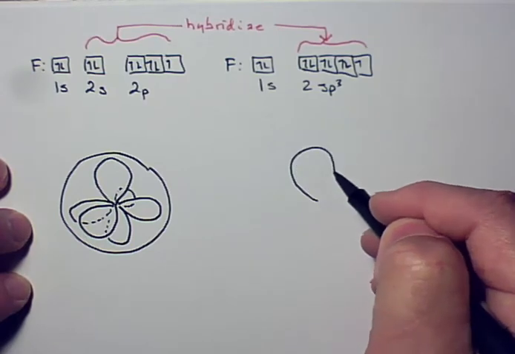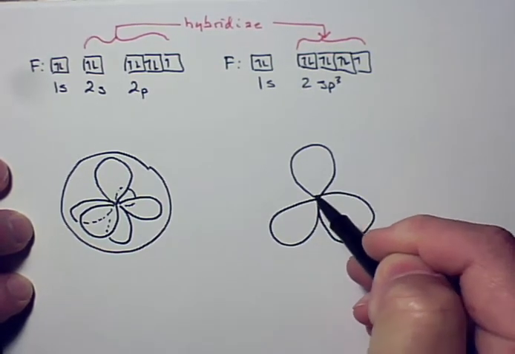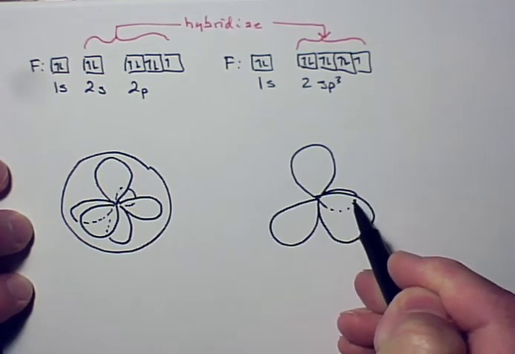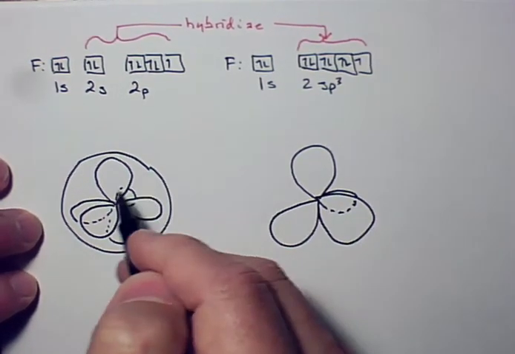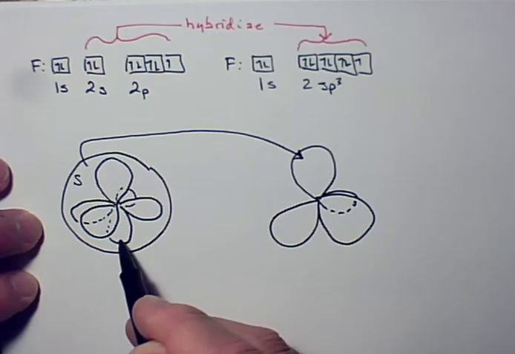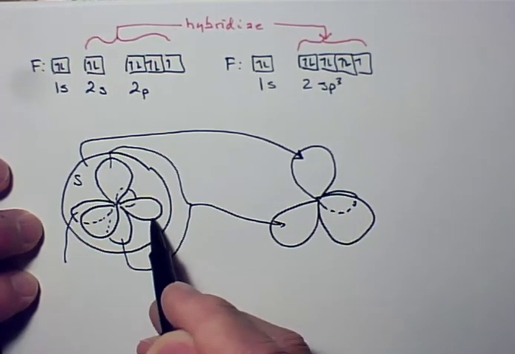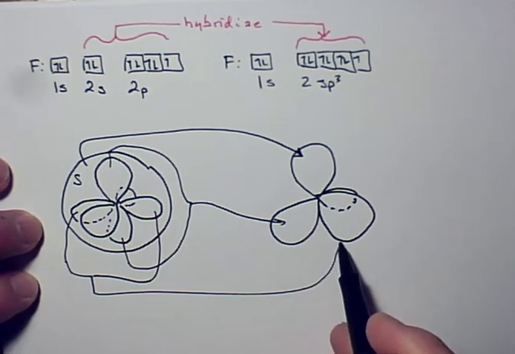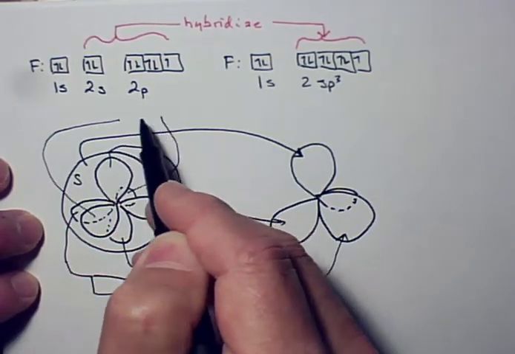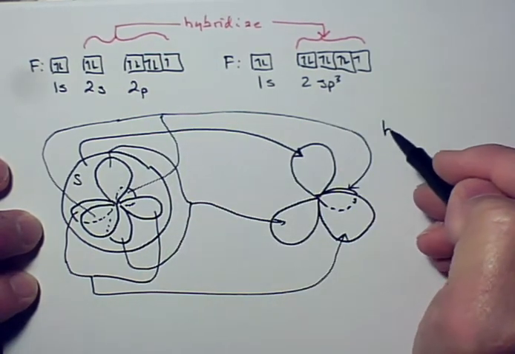And now we've got a new set. Okay, so this would be the s orbital here. And it doesn't matter which one of these other orbitals you go to, but we're going to change this one into that shape. And this p orbital that's top and bottom here, I'm just going to say it's this one. And this p orbital here, I'm going to say it's this one. And this p orbital that's front and back here, let's say this is it here, is going to be the one I have over here in the back. Okay? So this is the hybridization